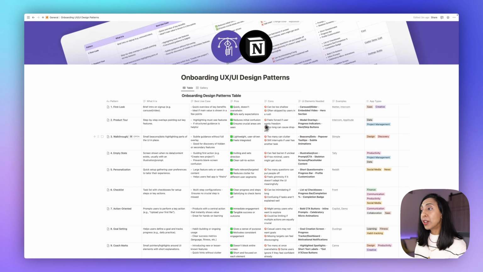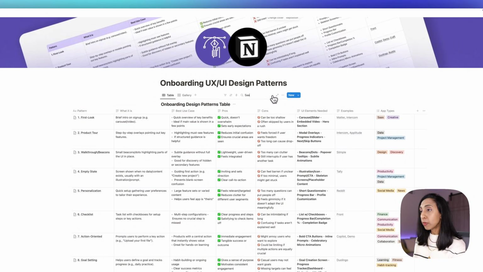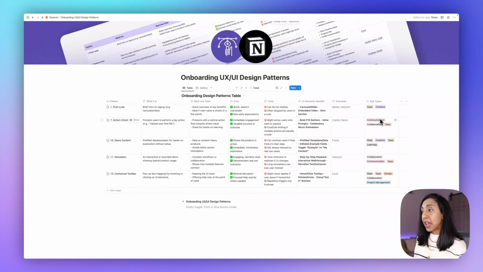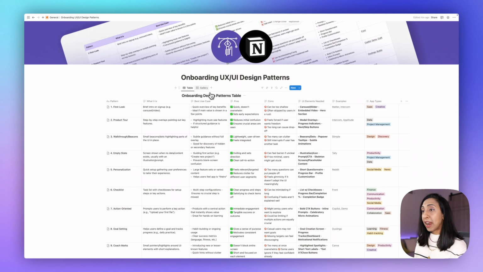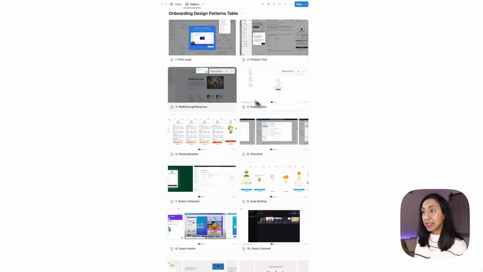I have these also tagged with app types, so if you are, let's say, working on a SaaS app, you can come up here, search SaaS, and you'll see that I've tagged the ones that are most commonly used in those types of apps. And I also have a gallery view here so you can see everything at a glance